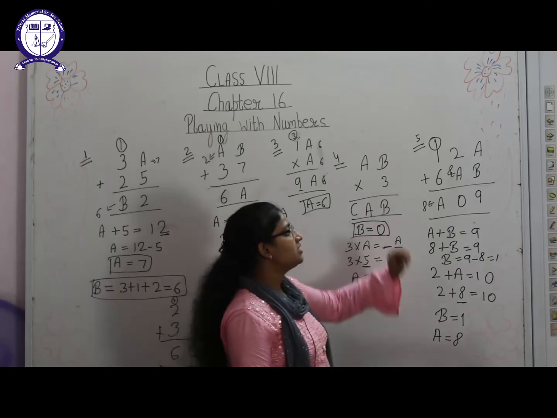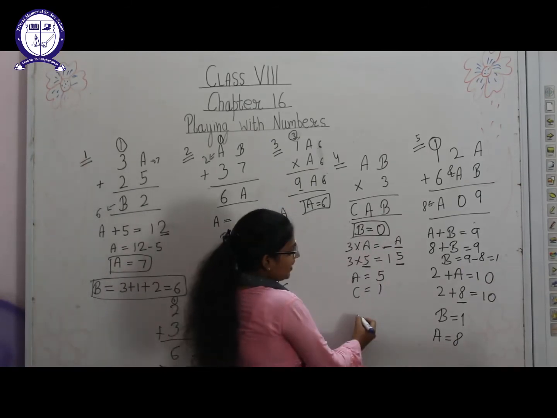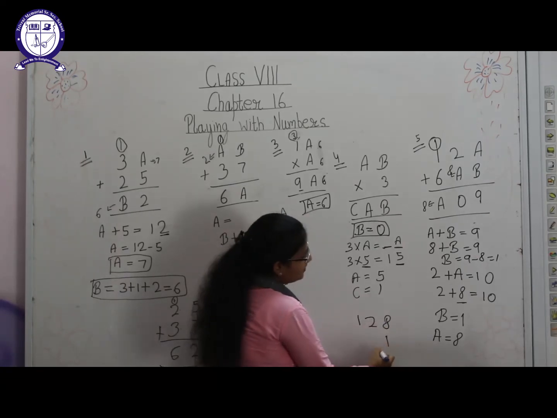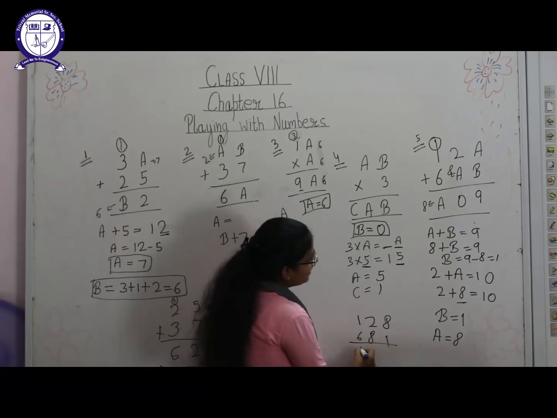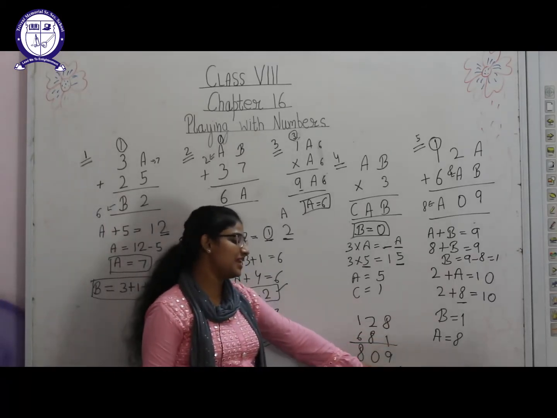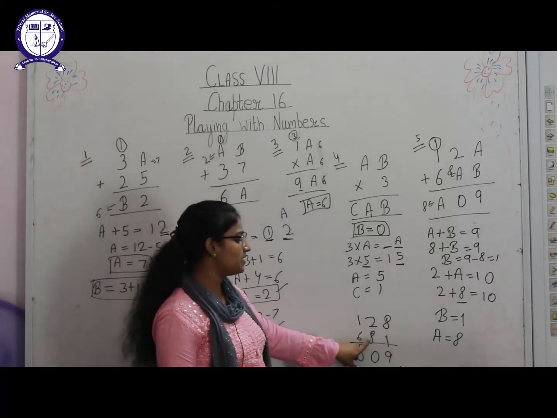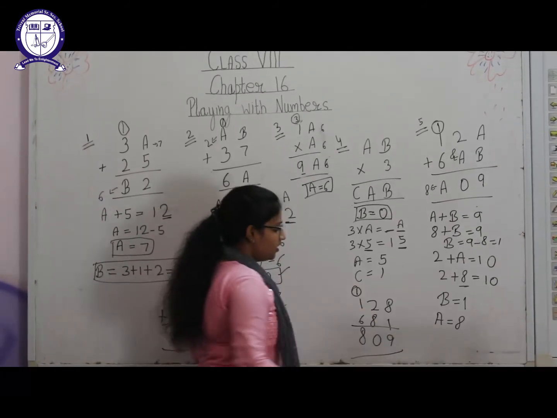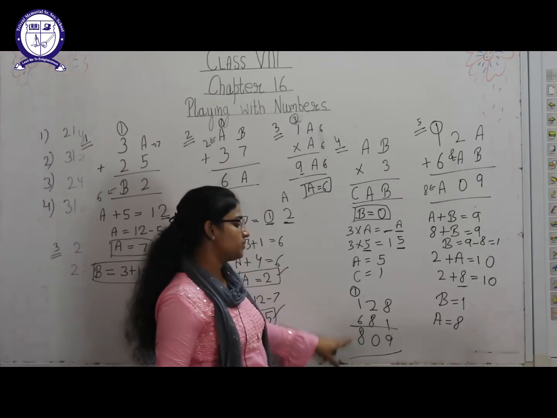Okay, you can check it also. I am writing it here. 1, 2, the value of A is 8, the value of B is 1, then 8, then 6. We get A is 8, then 0, then 9. So start solving it. 8 plus 1 is 9, it means this is the correct one. Then 2 plus 8 is 10, this is 0, and we get 1 as a carry. Now 6 plus 1 is 7 and plus 1 is 8.